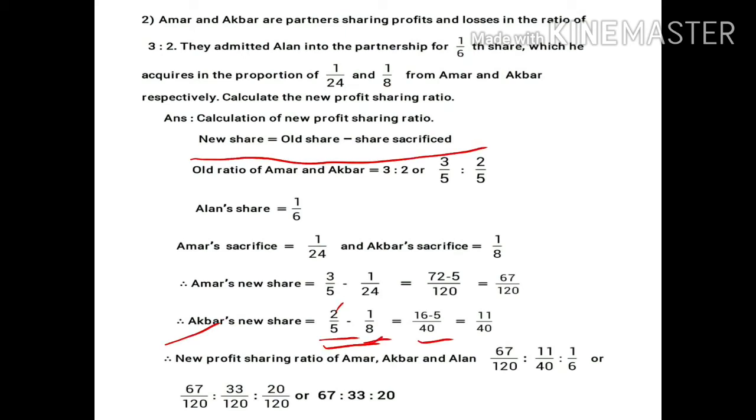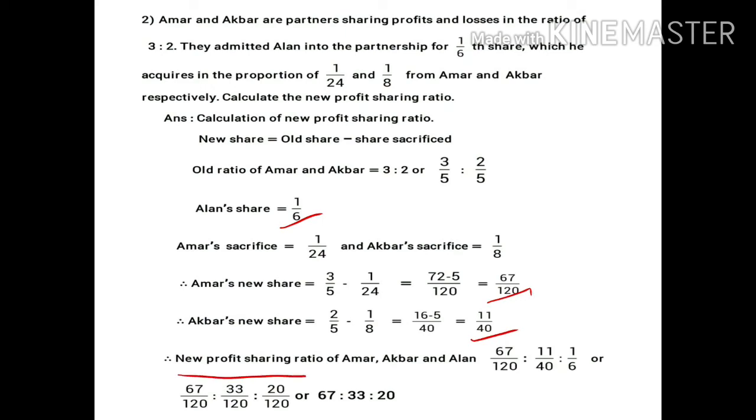Next, 8 how many is 40? 8 5s are 40. So 1 into 5. So 16 minus 5 divided by 40. So the final answer 11 by 40. So now we have all the informations. Alan's share 1 by 6 and Amar's new share 67 divided by 120 and Akbar's new share 11 divided by 40. So new profit sharing ratio of Amar, Akbar and Alan